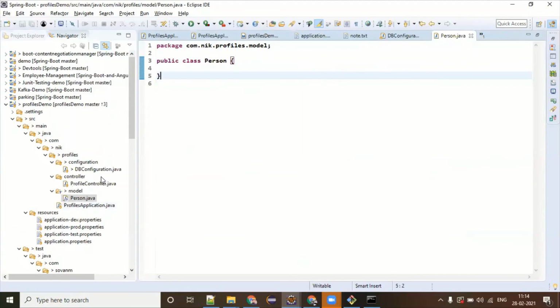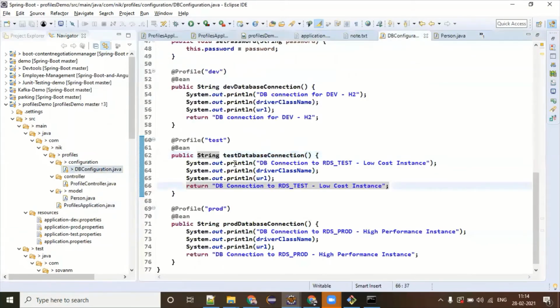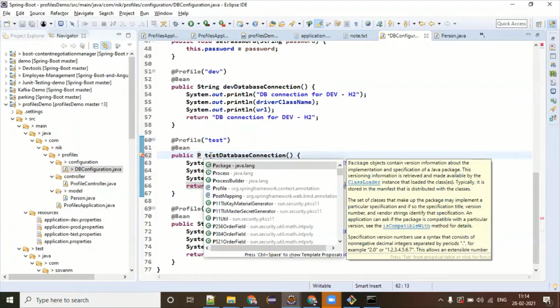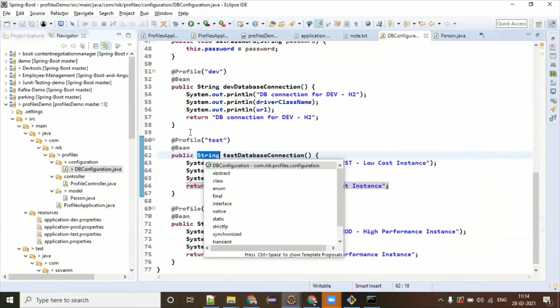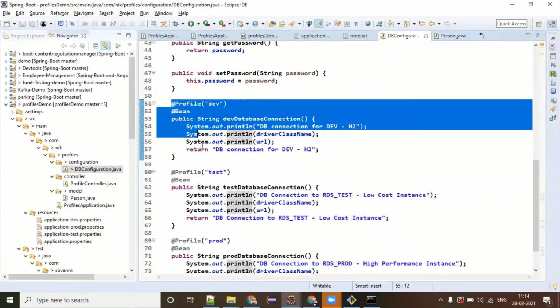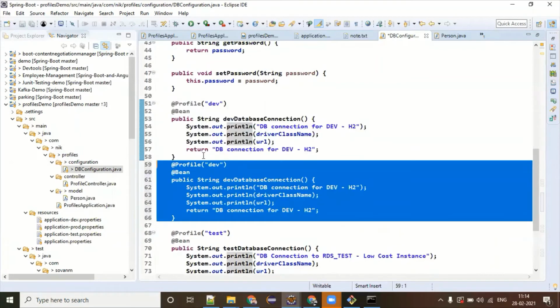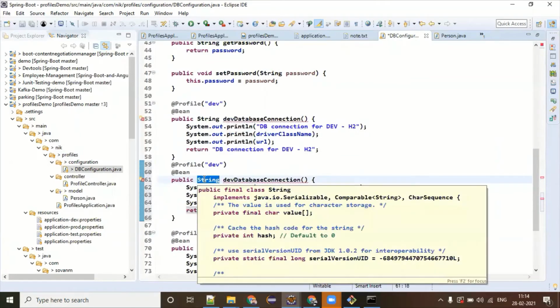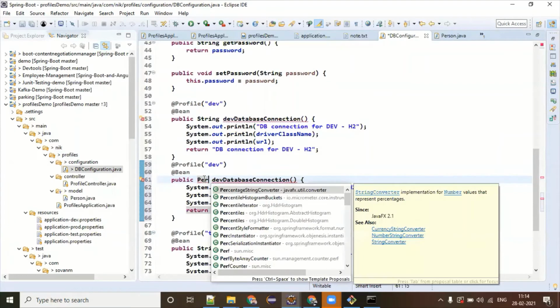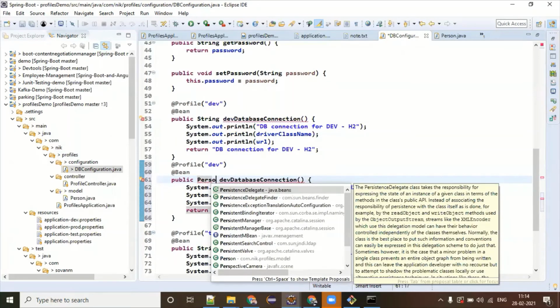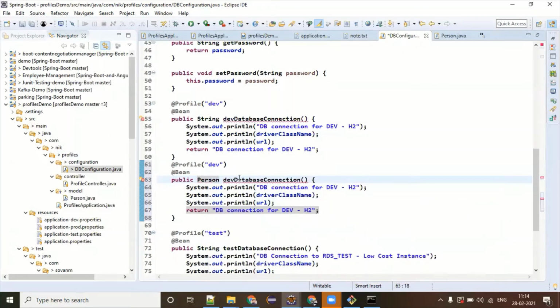You just want to see how a bean has to be created. Instead of a String, let me copy this. This is going to be a Person. The method name you can give anything, that's not a problem.